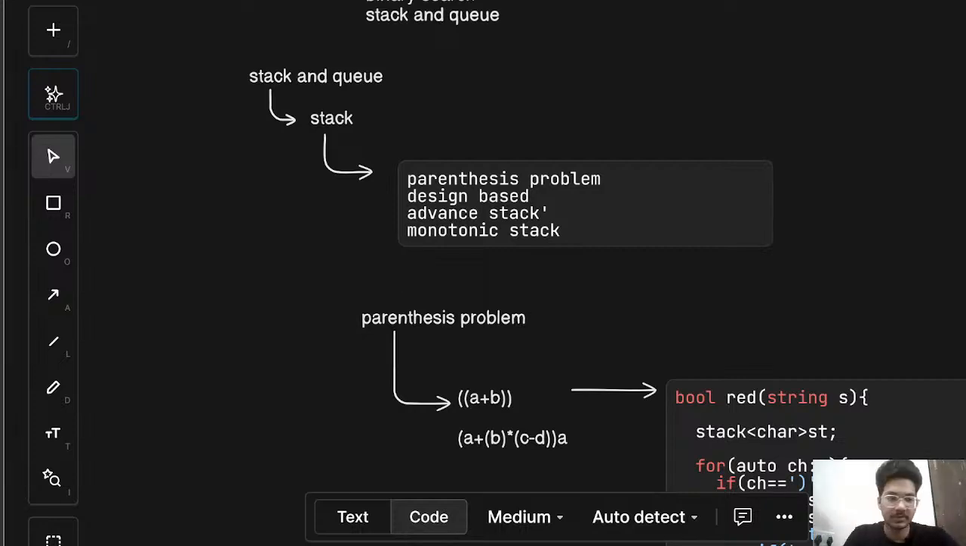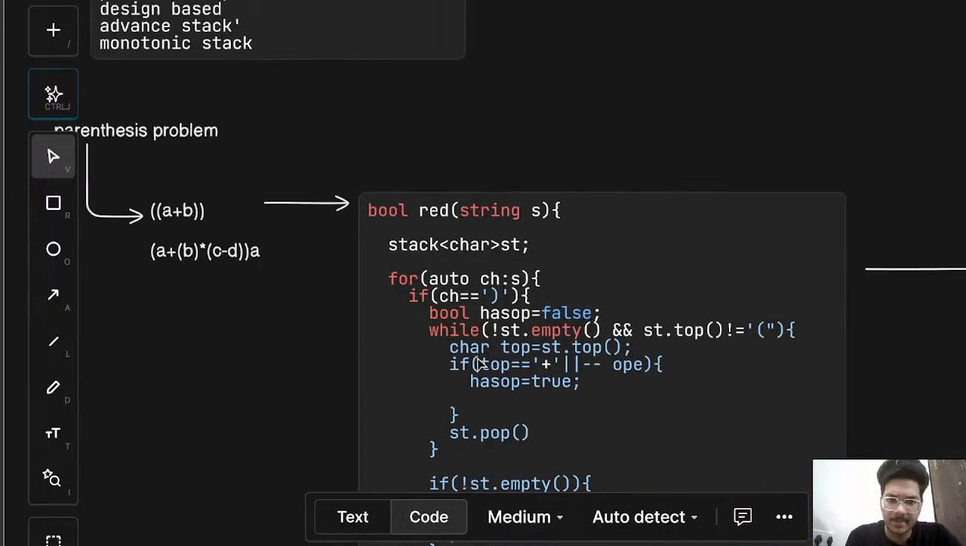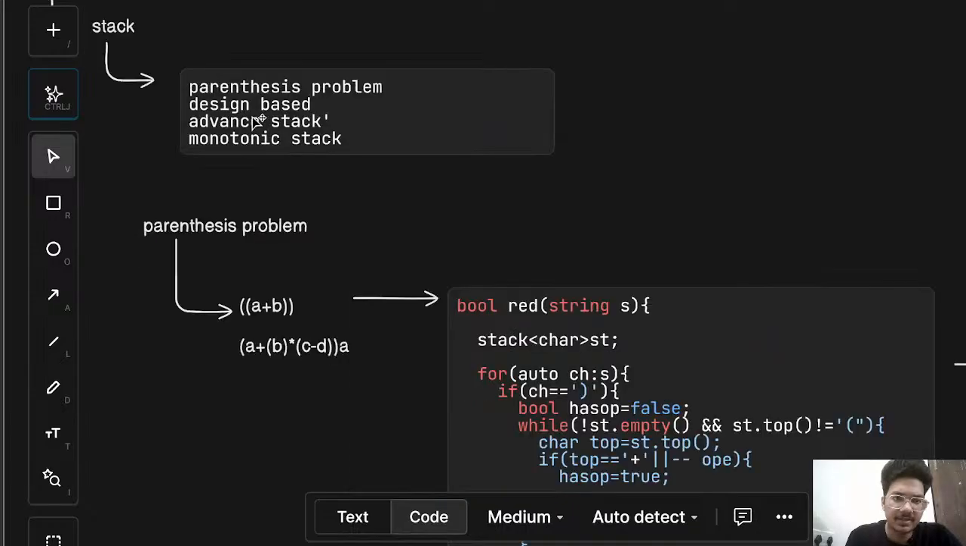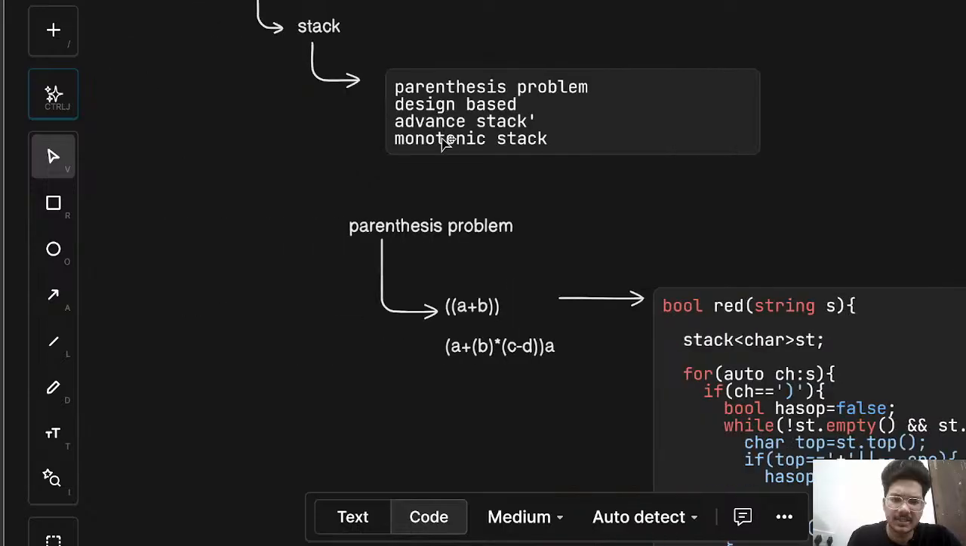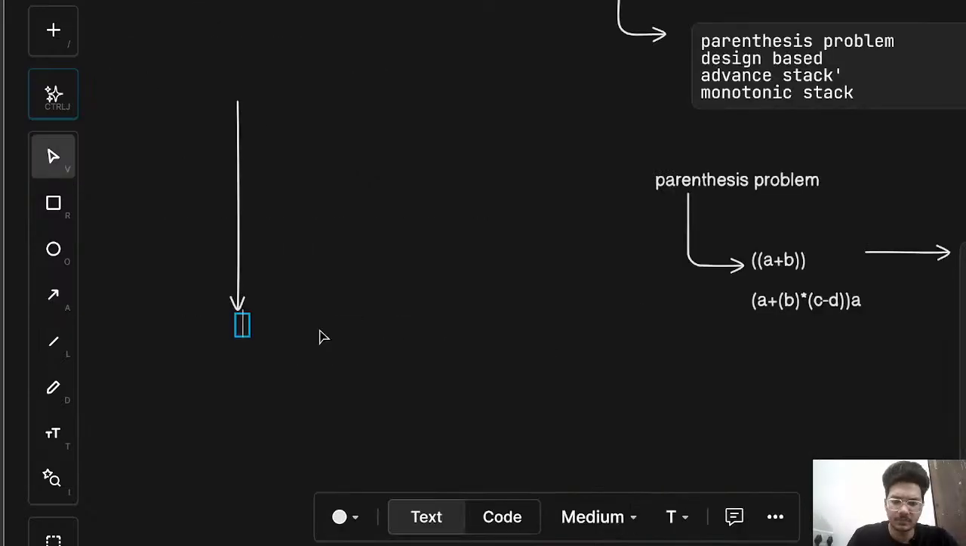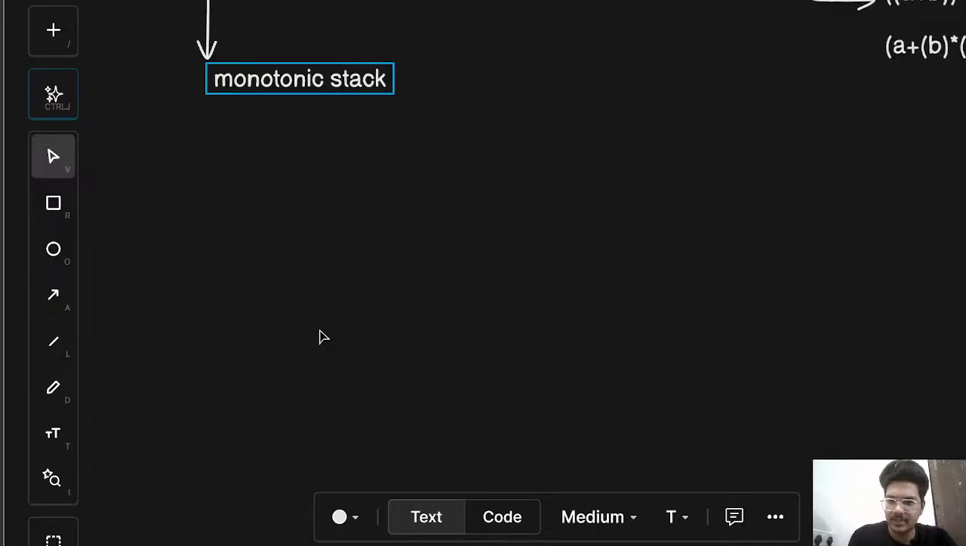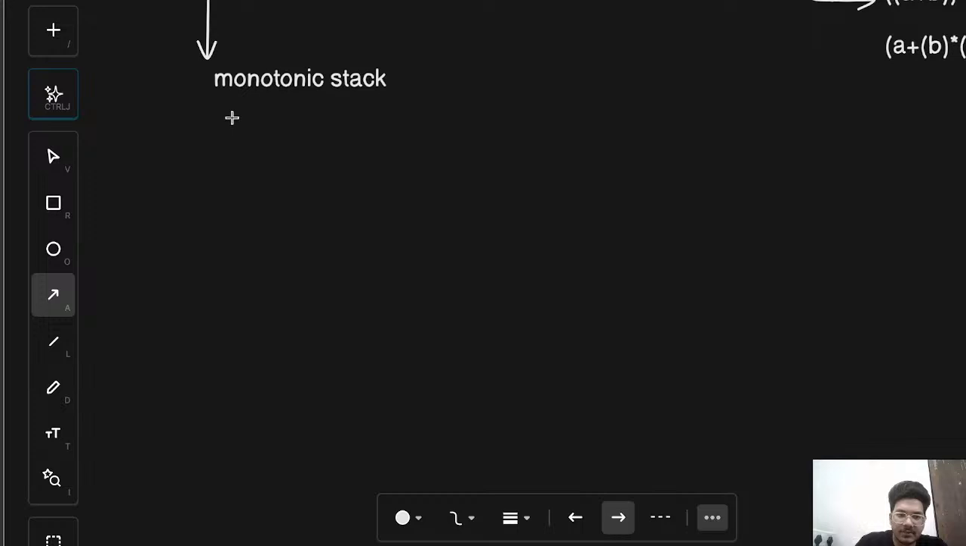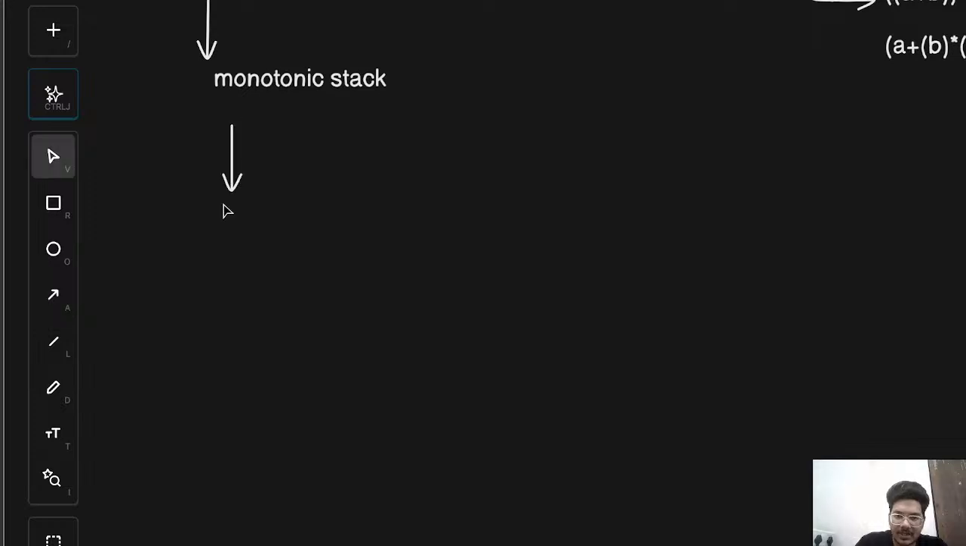So let's continue our discussion further. We covered the stack parenthesis problem. We covered monotonic stacks. After that, we have to cover monotonic stack problems, in which we see many problems. One of the finest and most generic questions of the monotonic stack are based on